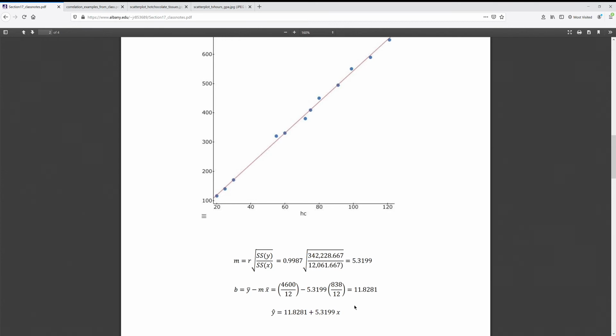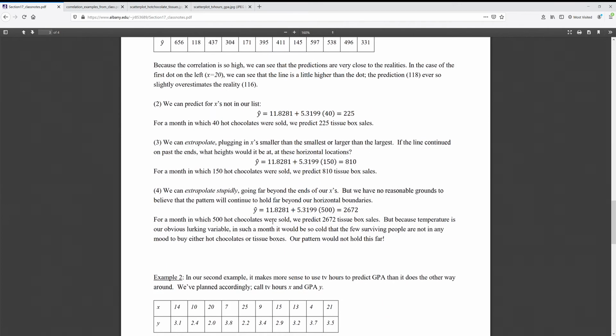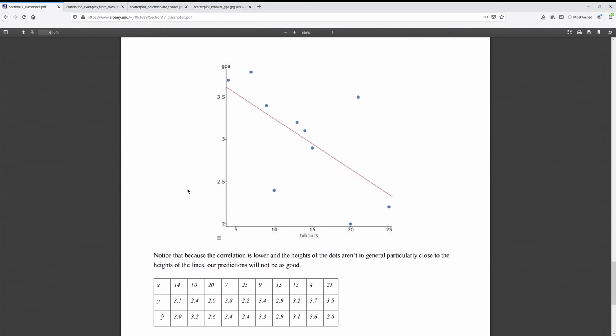Worst case scenario, you've got a random cloud of dots, something worse than this, and you have computed the line that runs through those dots better than any other line would do. Worst case scenario, if you've got a random cloud of dots, the heights of the red dots, that is to say the line, are still running in between the maximum height and the minimum height, right? So worst case scenario, when you go to predict, even if correlation is very low and you've got a random cloud of dots, worst case scenario, when you go to predict for the dots you happen to have,